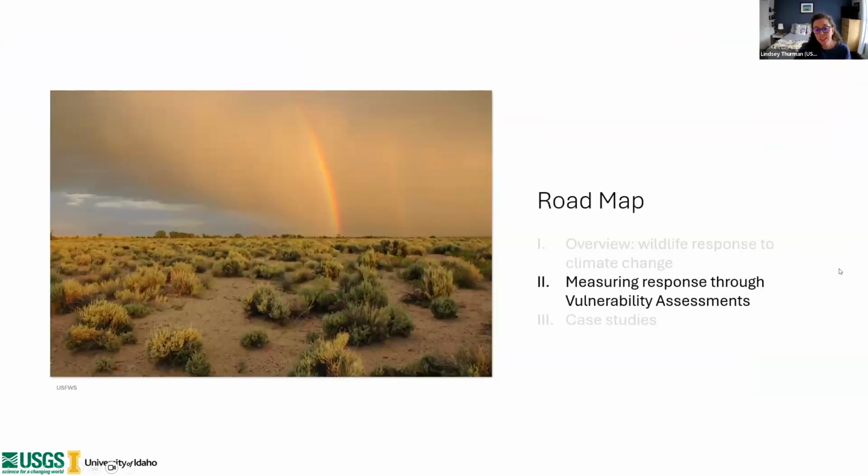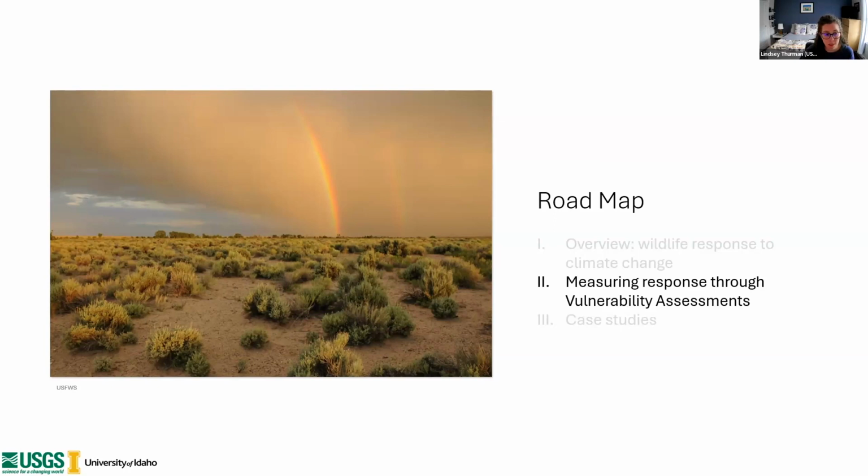All right, so there are a ton of changes, like you guys noted in that first poll, that we're already observing in the sagebrush system. And I want to switch now to talking about how we incorporate all of those observed changes and all the data we're gathering on species vulnerability into conservation and management plans. One of those ways is through climate change vulnerability assessments.